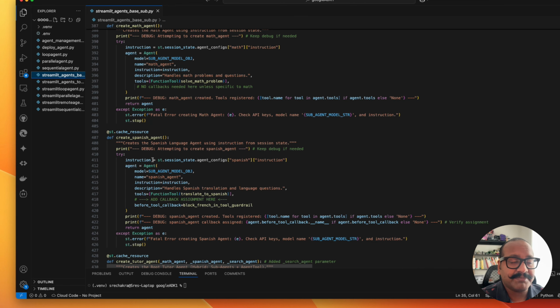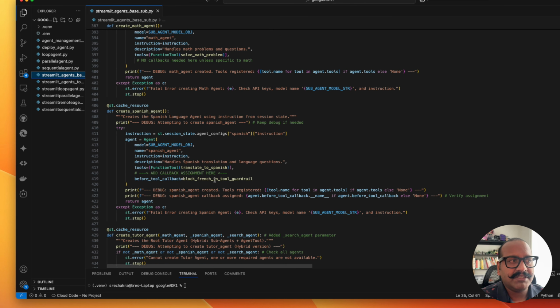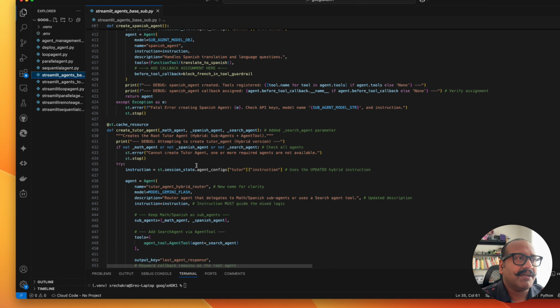Then we are adding our Spanish agent. To the Spanish agent, we're giving a tool, which is translate to Spanish. Then we are adding our tutor agent. This is the main base agent, right? This is the base agent, which will have sub-agents, as you can see here. In addition to that, it will also have tools. In this example, we're adding the search agent as a tool, and the search agent has a built-in tool,